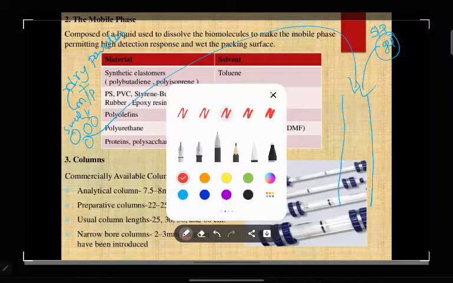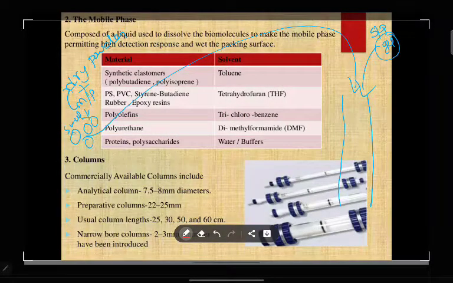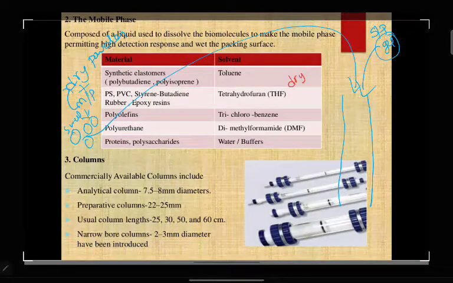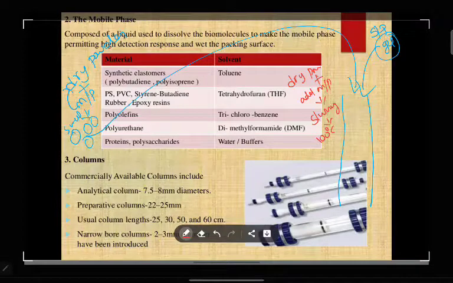Then what is the second method? In the second method, you take dry powder, then add mobile phase solvent and make it in the form of a slurry. Then heat at 100 degrees centigrade. When you heat at 100 degrees centigrade, it will become somewhat gummy, no?